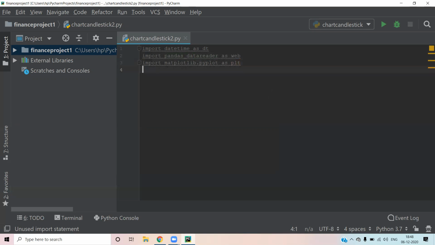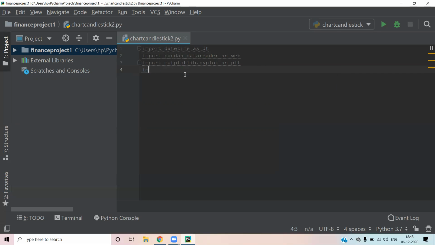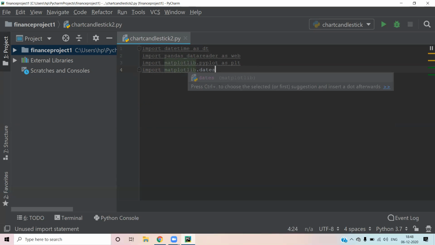After that we require import matplotlib.dates as mdates,